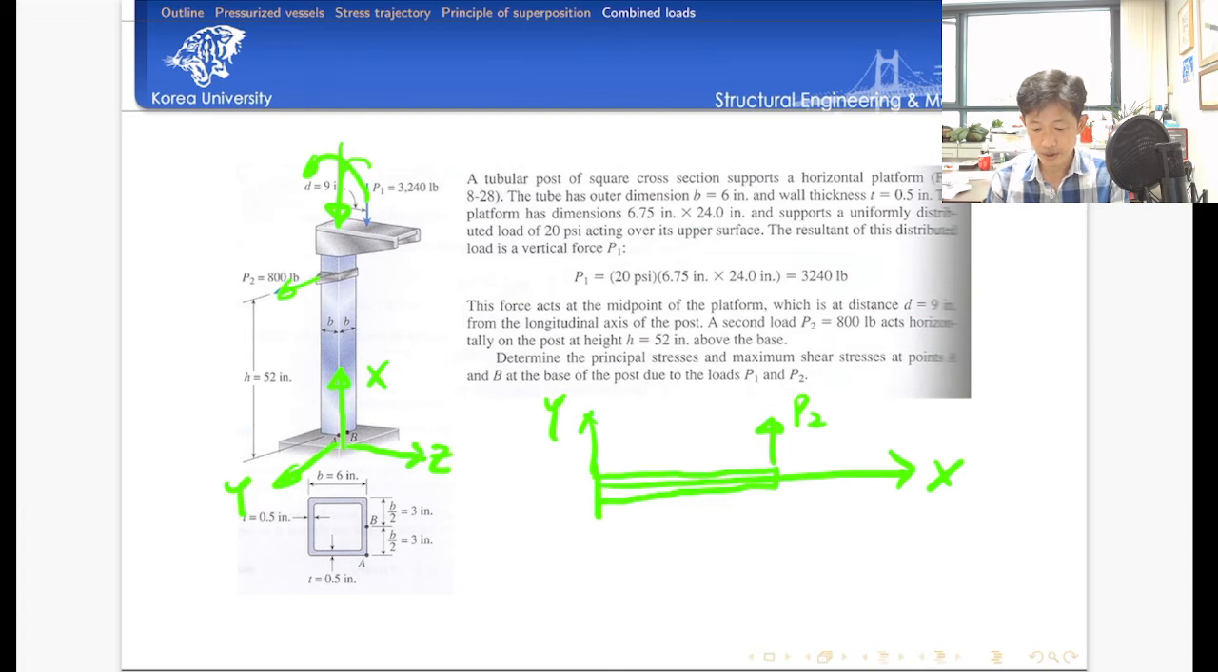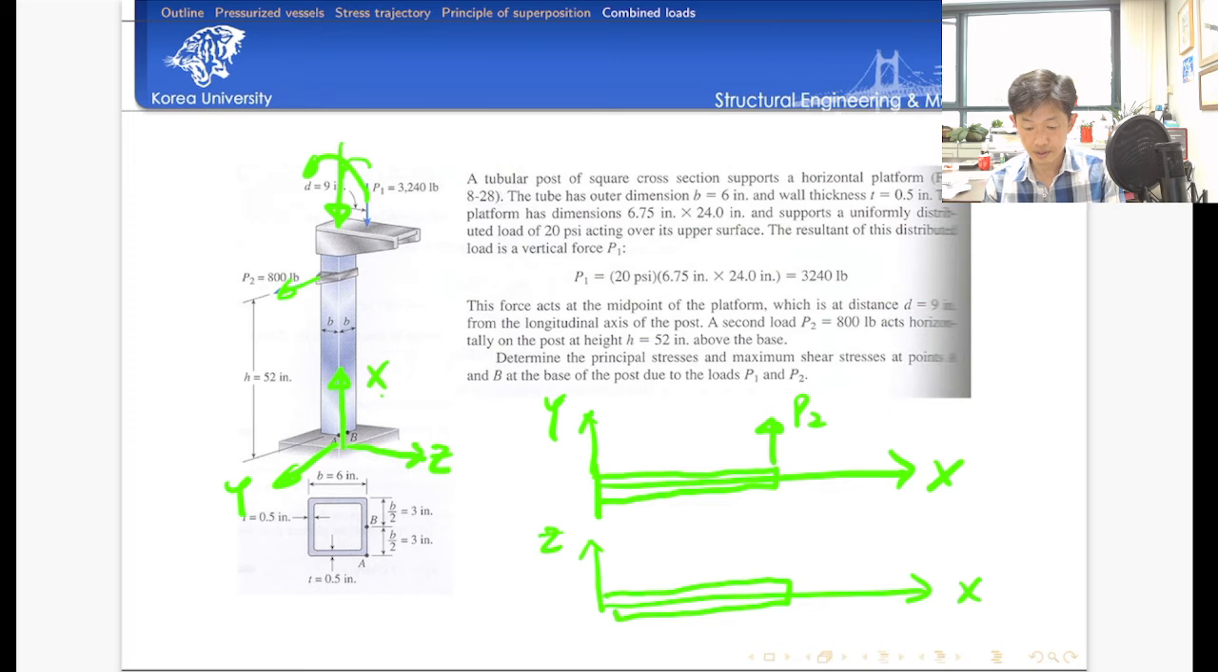And then I have another one, on the XZ plane. So we have another cantilever, and it is subjected to a concentrated moment in this direction. So this is equal to P1 times D, isn't it? Plus